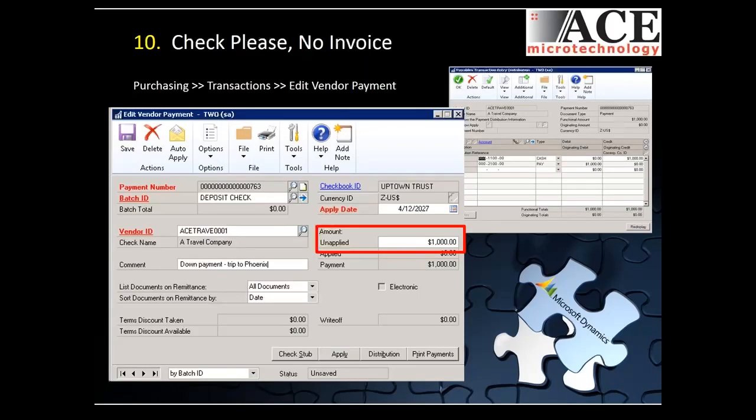But once my invoice does come in, I'm going to enter it, and then I'm going to marry those two transactions together, so that I apply this payment that came ahead of time to this invoice that has now been posted. Whatever's remaining is remaining. So I may have a $9,000 invoice, and I'm going to apply this $1,000 payment to it, leaving a balance of $8,000. That's perfect,